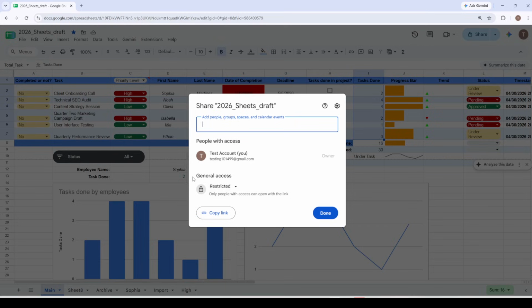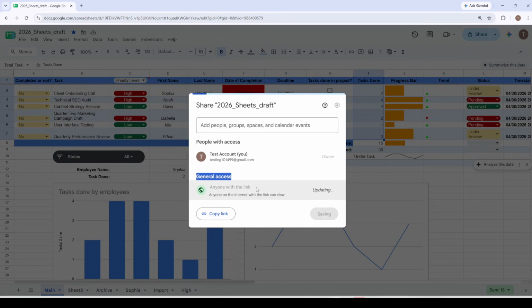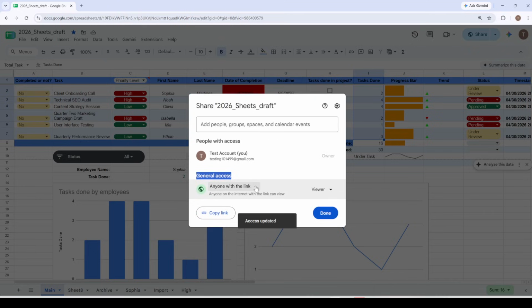Now let's make a general link you can paste anywhere. Click Share again. In this same dialog, look below the invite field for the general access section. It says Restricted right now. Click the drop-down that says Restricted and switch it to anyone with the link. If that option is grayed out, your workspace admin has blocked link sharing, and you'll need to stick with the